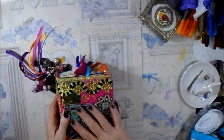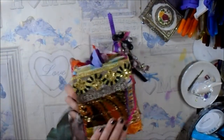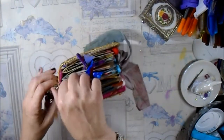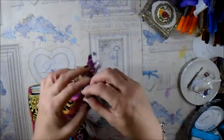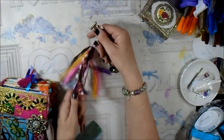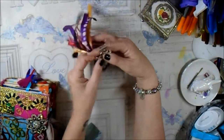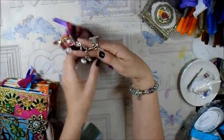And there's loads of trims here, lovely brooch there, really, really blingy and lovely. So there's a charm clipped on there. You don't have to have it on if you don't want to. And so there's a tassel of various ribbons and trims. This lovely ball ornament